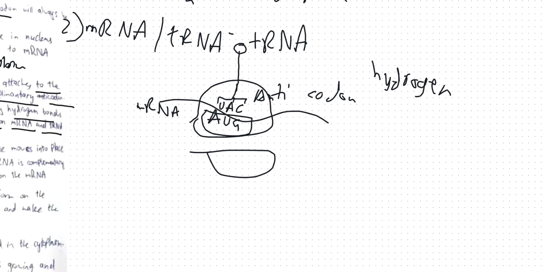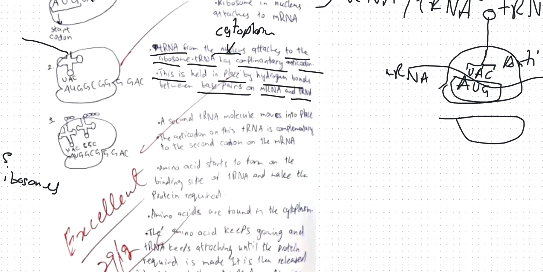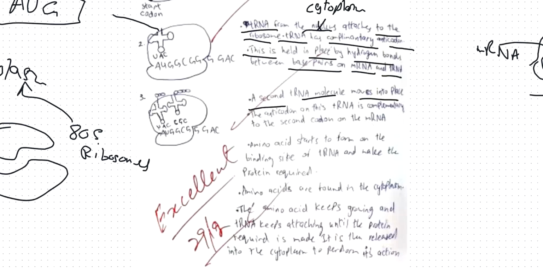So after forming hydrogen bonds, a second tRNA molecule moves into place. The second tRNA molecule will come into place, and it will form base pairing with the second codon of the mRNA, or the three nucleotides, right? So a second tRNA molecule moves into place, and the anticodon on this tRNA is complementary to the second codon